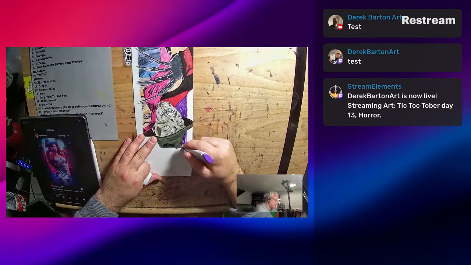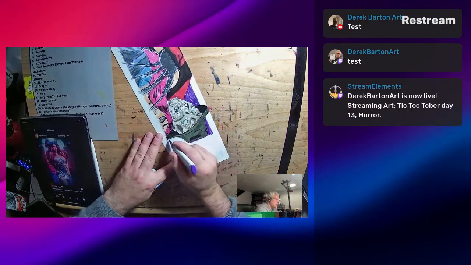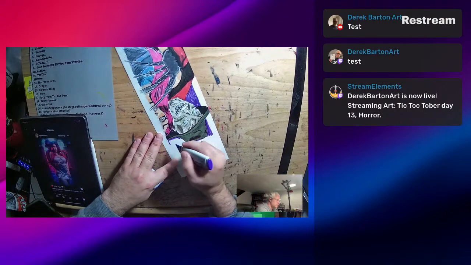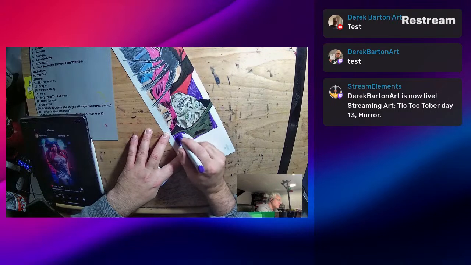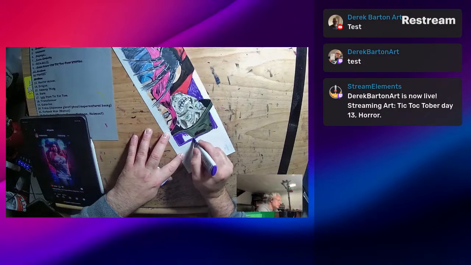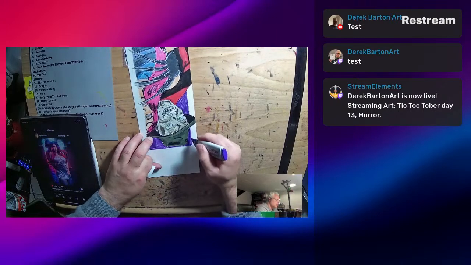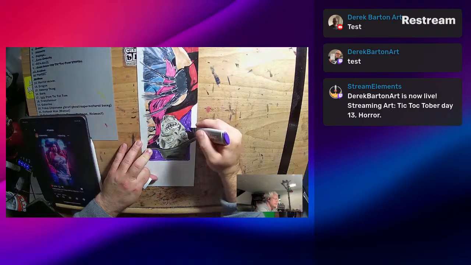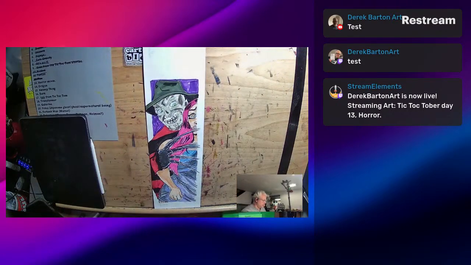Might get in with a different marker to darken that a little bit, but I feel like if in doubt, purple. So maybe after the purple there,